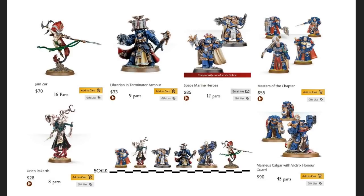Okay, what about the Masters of the Chapter? Well, I included the Masters of the Chapter because that's 4 models, and they came out in white metal originally. I believe they're currently selling in Failcast, but still, Failcast and white metal are both far, far more expensive mediums than plastic. Now, the argument could be made that, yeah, you're having to produce an expensive mold to make the